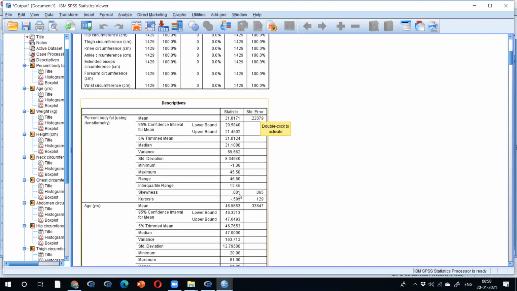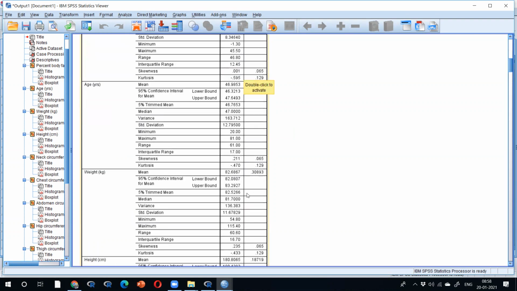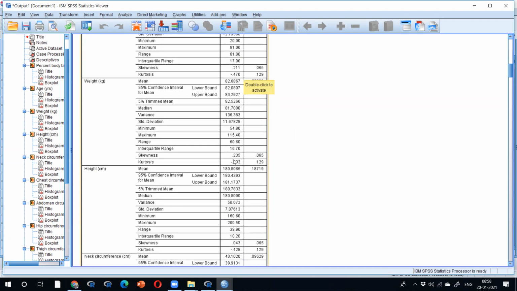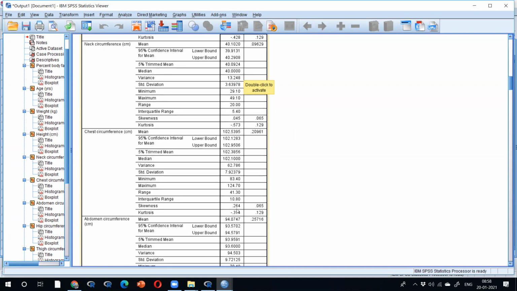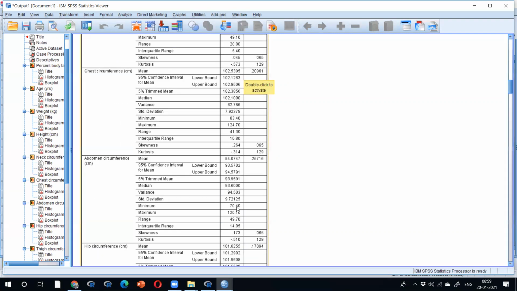Skewness is how much? 0.01. No skewness, which means histogram. This one, very less. It is also -2. It is also -4. It is also 0. Not even 0.1, 0.45. 0.4. 0.1. Almost all, not even touching 0.80.